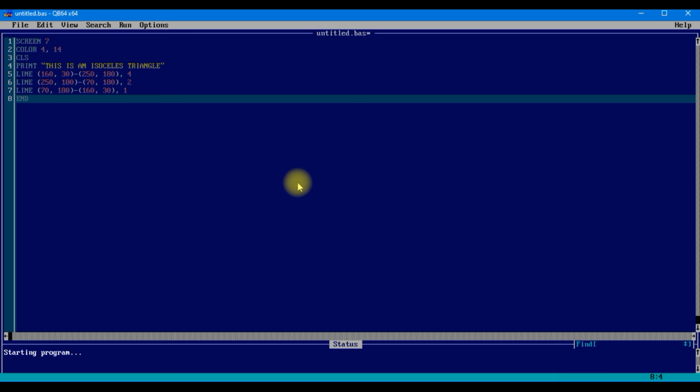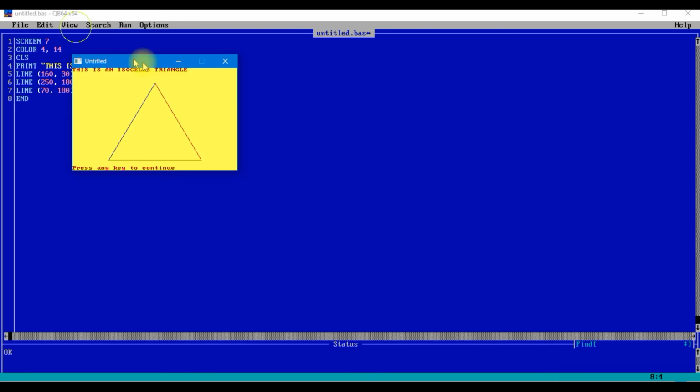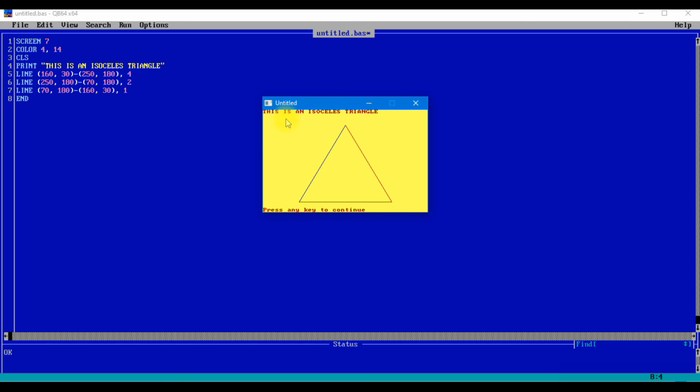We have to wait for a moment. So we have the exact picture that is given in your book. It is written, this is an isosceles triangle. After that, the lines have been drawn over here and over here.